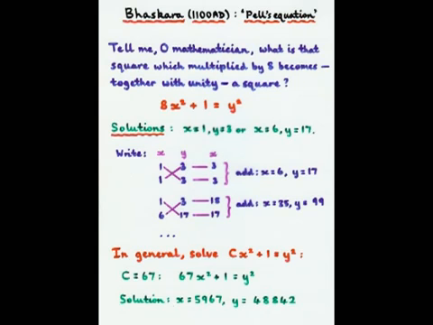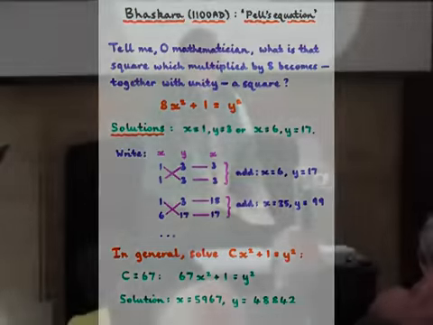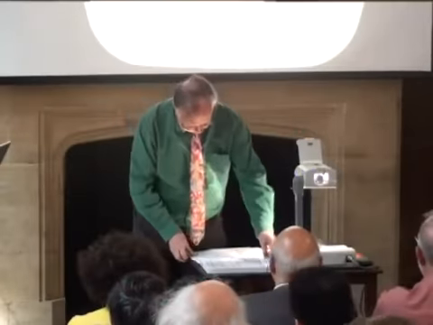And they were able to do some really quite remarkable calculations. The most difficult ones were c is 61 and 67. 61 has very, very large solutions. 67 has easier ones, but they were able to get answers like the smallest solution is 5967 and 48,842. And that's small compared with the one for 61. But the margin was too small to write that one out.